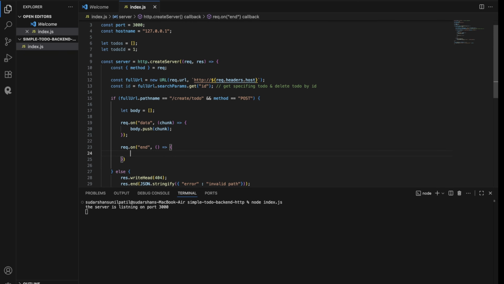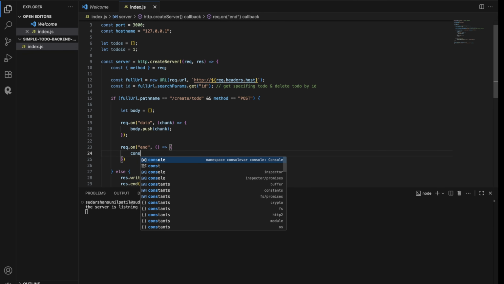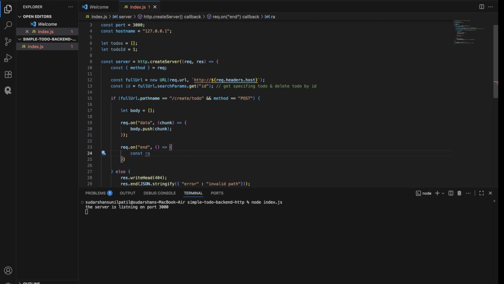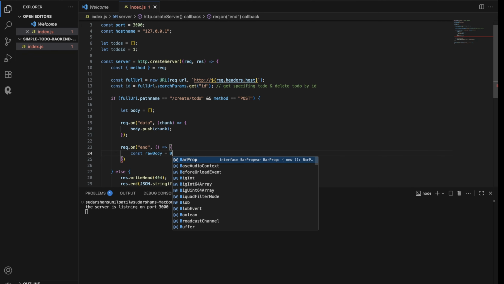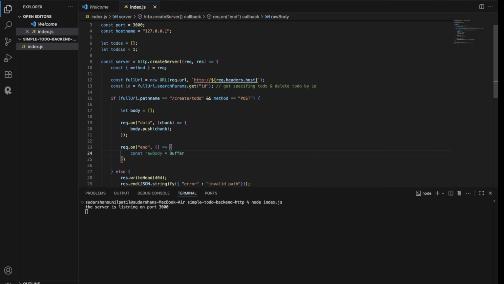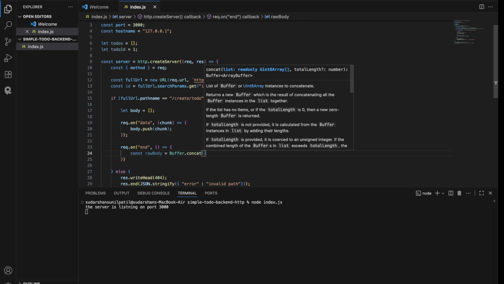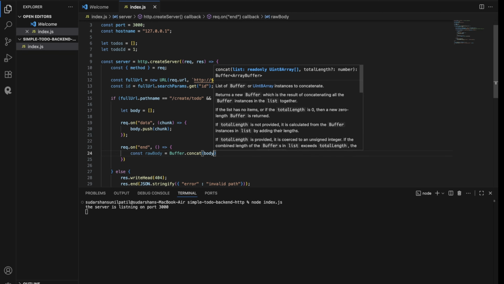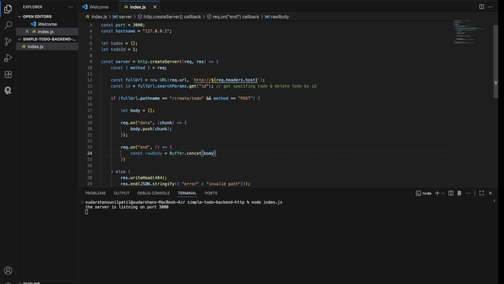What do we have to write here? Raw body. Raw body is equal to Buffer.concat. We have to concat our body,